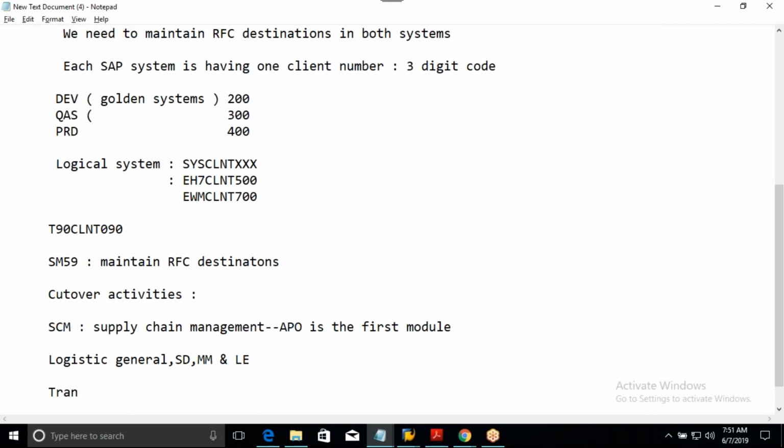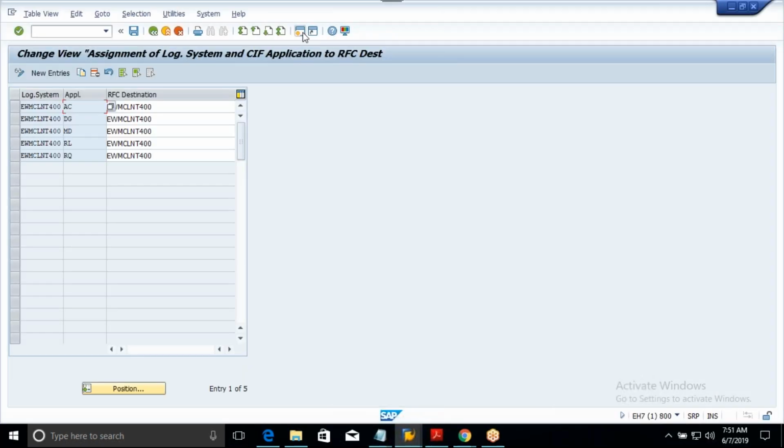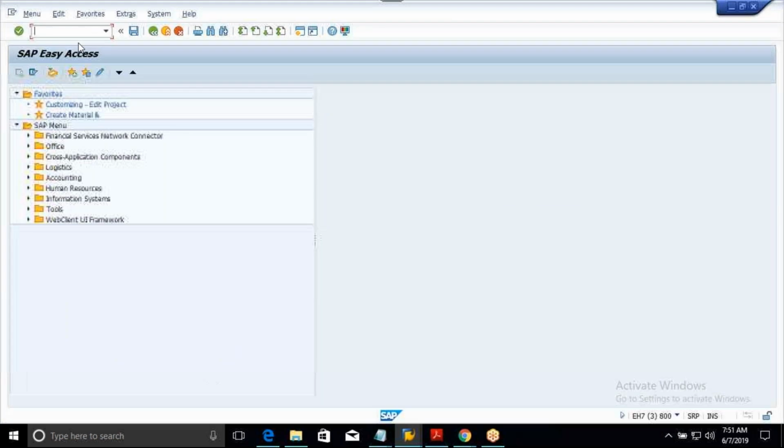Transaction SLG1, display application log. Application log helps us to identify whether our transaction is successful or not, with a green symbol or a red symbol. If we open our application log here in ECC, we can see